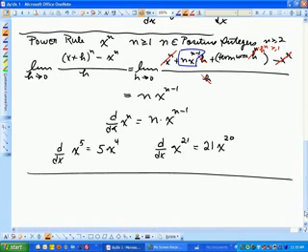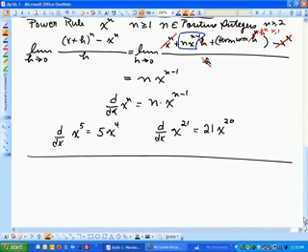Okay, the final rule we want to look at today is for the sum or difference of two functions. For the sum or difference of two functions, we'll do the sum here, but the difference comes out the same way. Our starting function is f of x plus g of x, and minus will work pretty much the same way. So we start again with the limit as h approaches 0 of